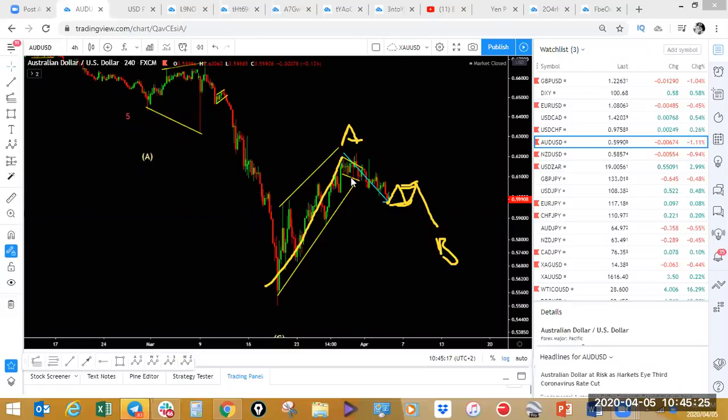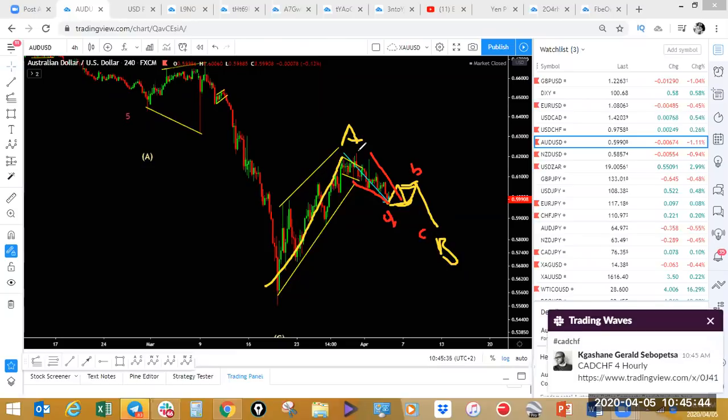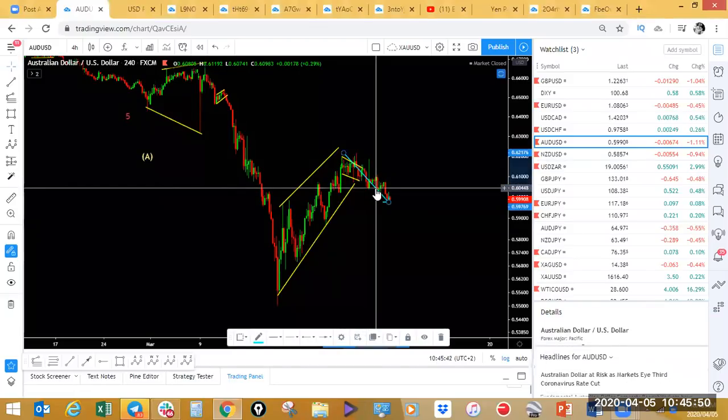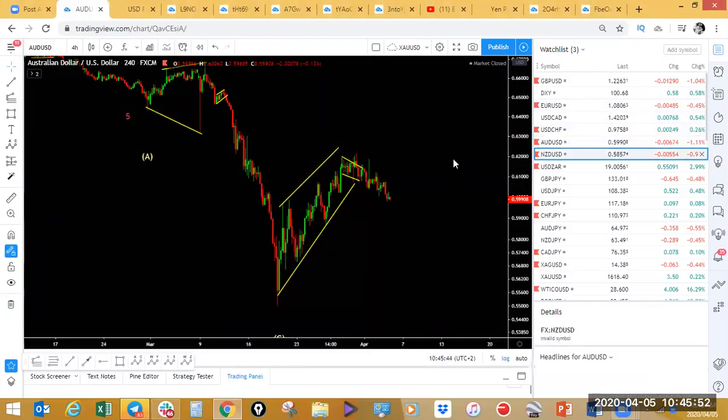Let's get the red color. Leading diagonal in the red degree, A, B, and then a C. So that's what we're going to be looking at. So still showing some weakness. That just means that the dollar will still be strong in the next coming sessions. I don't expect this to reverse from here. I'm expecting continuation to the downside in this red degree. Right, so that's what we're going to be looking at on Audi US dollar,